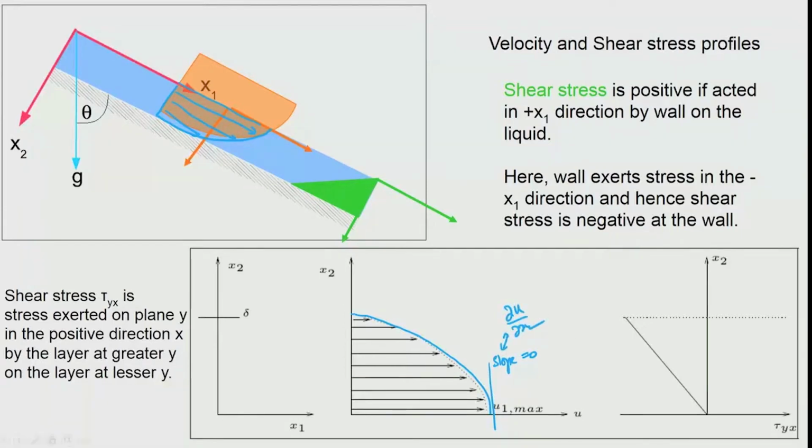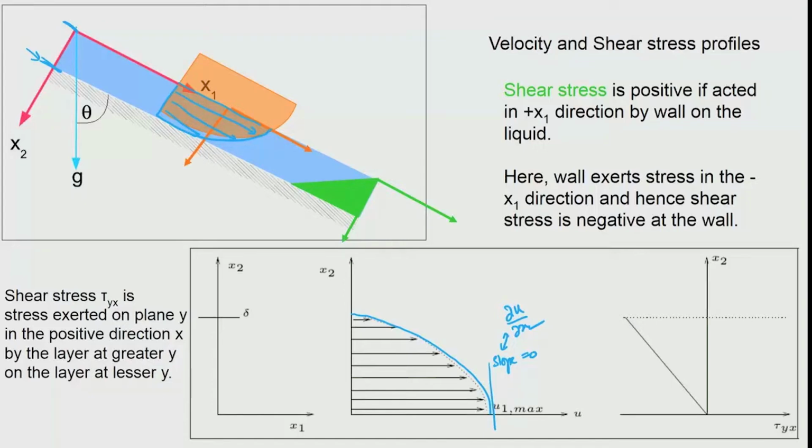and the slope here will have some value, that means that the shear stress at x2 equal to delta, which is basically here on this side, will have some value. So, here the shear stress is 0 and here the shear stress has some value, and the maximum velocity is here, and the velocity at the interface between the wall and the liquid at this location will be 0. So, you could actually see that the parabola and the straight line are evident,